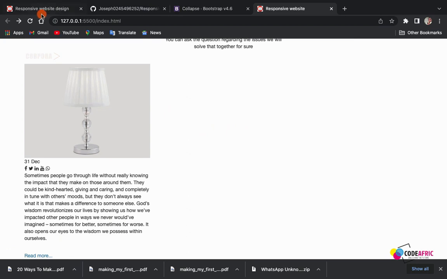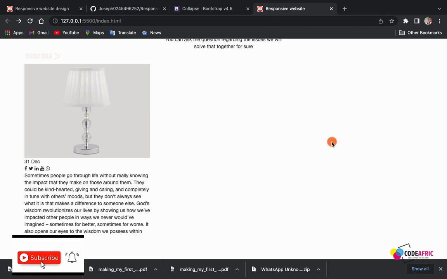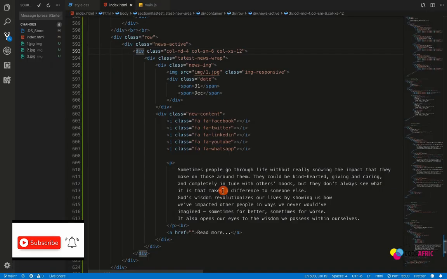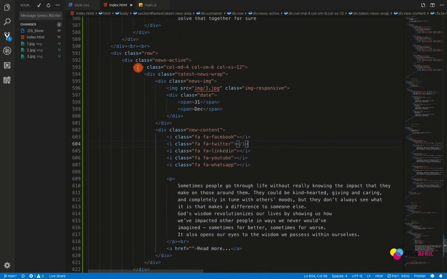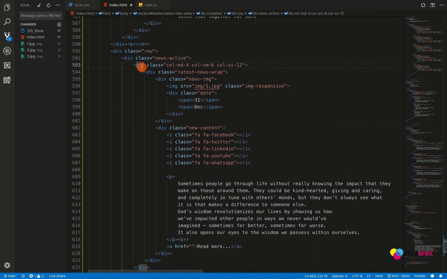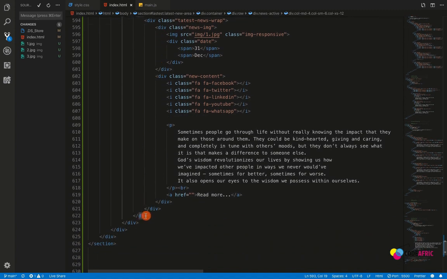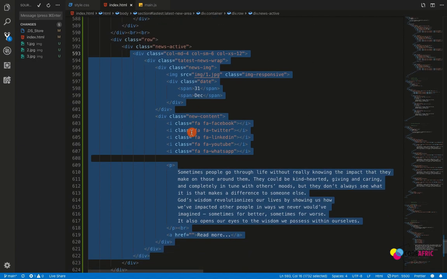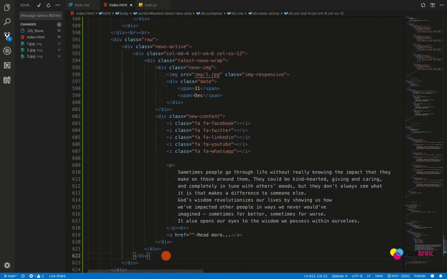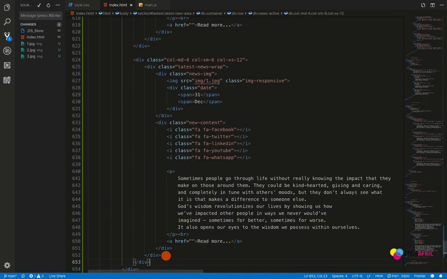Okay, checking from the original, we have to duplicate this one 2 more times, 1 and 2 here. Okay, so we are going to copy and paste it and be very vigilant in doing that. Okay, so we want it from here, from this div, which is the column MD4, and this where it's close. Okay, so I will hold my shift, then come to that place, then I will carefully copy. All right, so I will paste it here, and okay, 1 more time